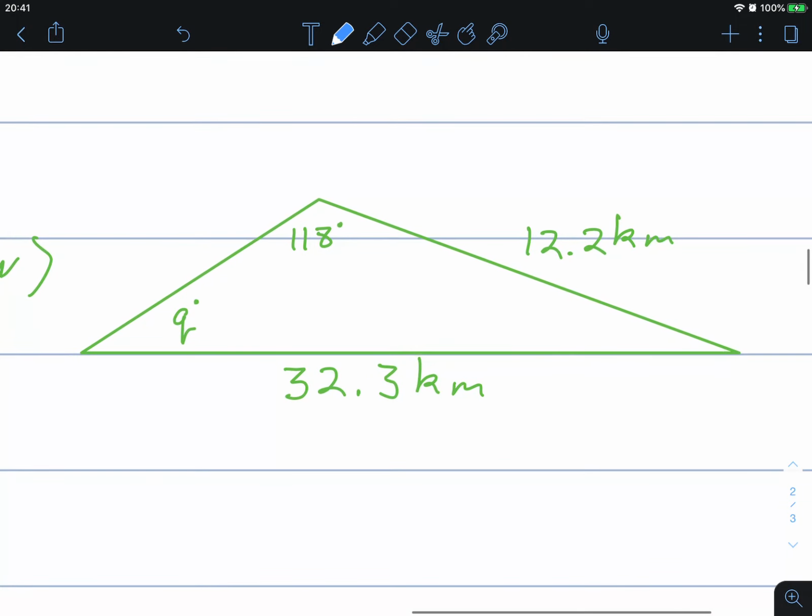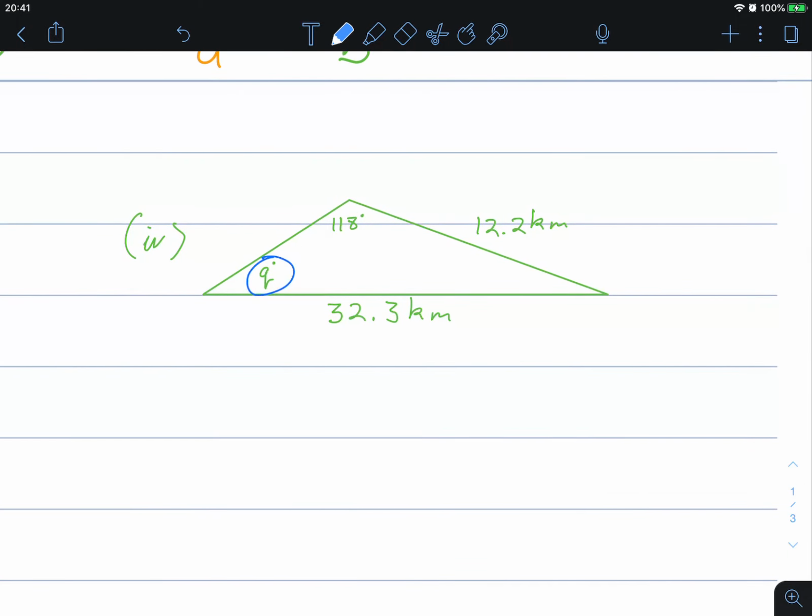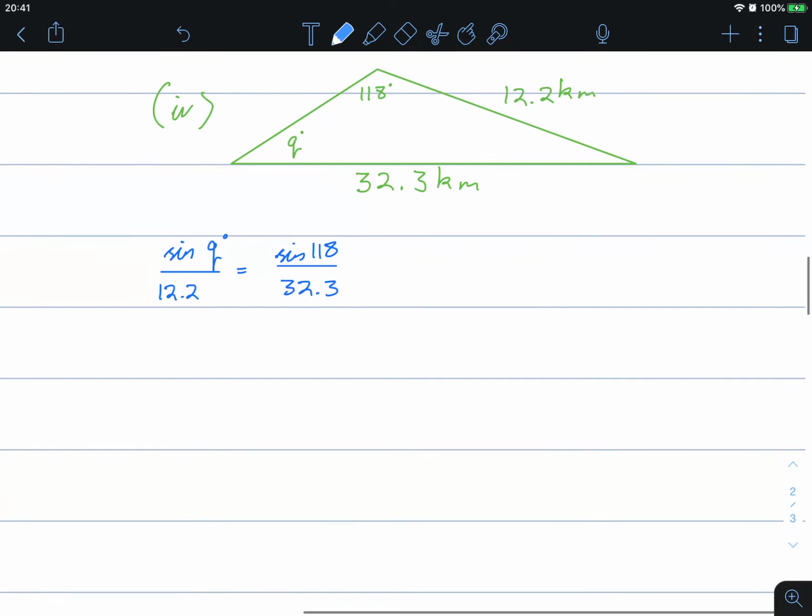Let's do this one more time. Once again, we're going to solve for angle Q. So let's make this sine Q over its opposite side, 12.2, is equal to sine 118 over 32.3. Multiplying both sides by 12.2, sine Q is 12.2